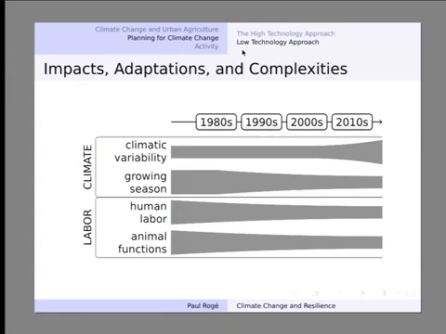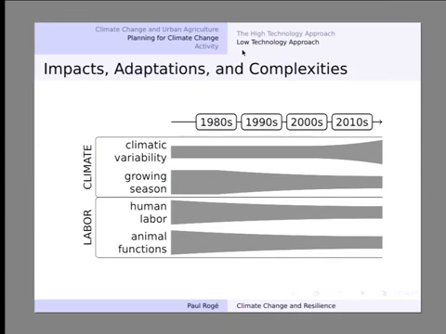This is a figure that's trying to summarize overall in the three communities what trends are happening based on these descriptions and what farmers are doing in order to deal with climatic variability. So we see that in terms of climate, they told us that the climatic variability is increasing since around the 1990s, and that the growing season is actually getting shorter, which means that we have less time to produce in a more variable climate, which is a lot harder to do. So they're experiencing these challenges climatically that according to them weren't as prevalent 30 or 40 years ago.